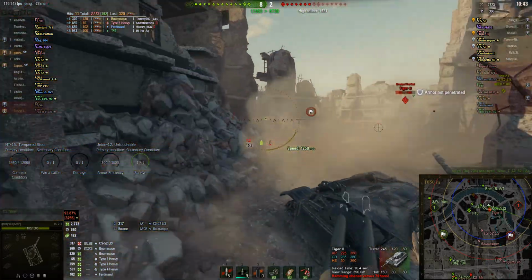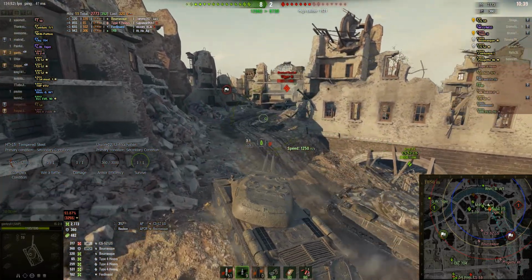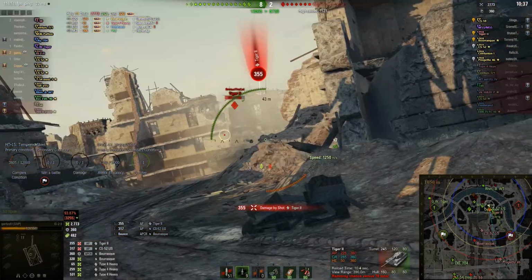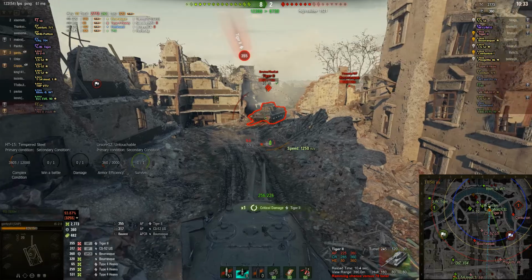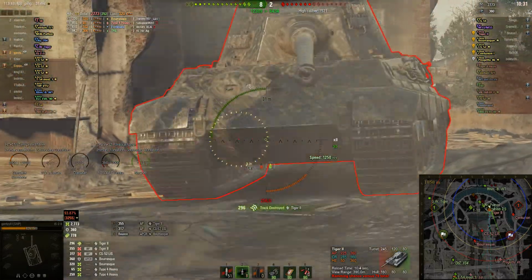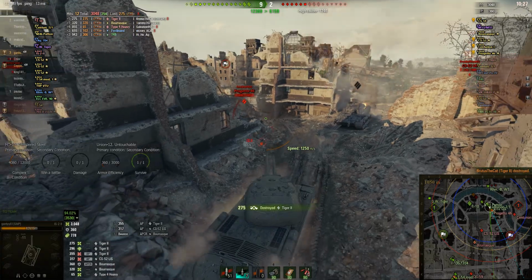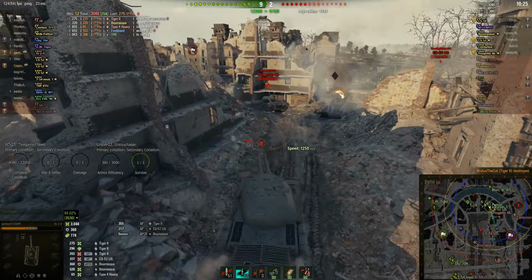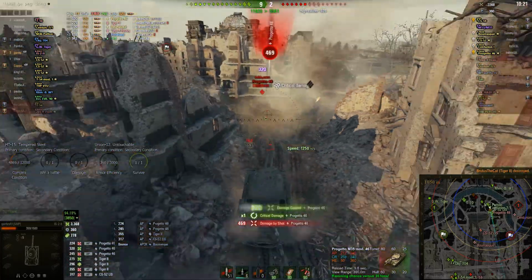So now they're focusing on the Tiger II, and he's just put a shot across the front plate at an angle not really likely to pin, similarly with that one. But he's pushing in, he's still got the shot just about loaded, and he'll go through the lower front plate without any problem. So the Progetto 46 is coming up, possibly sensing that he's got the ability to unload a few shots. Gardy puts one through his